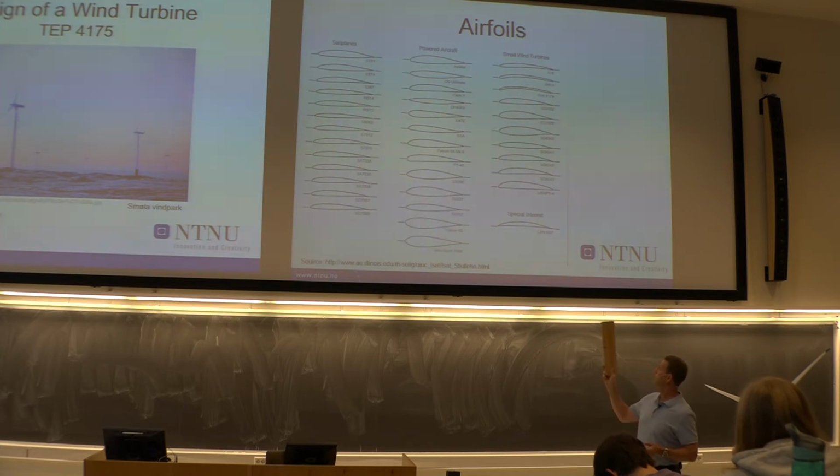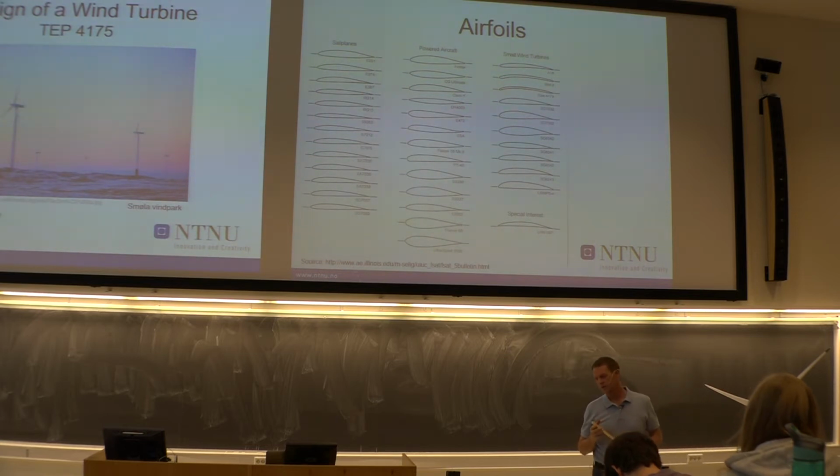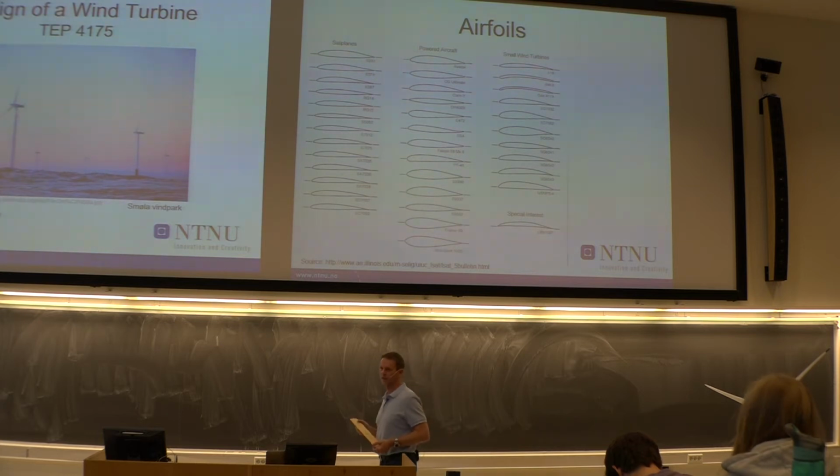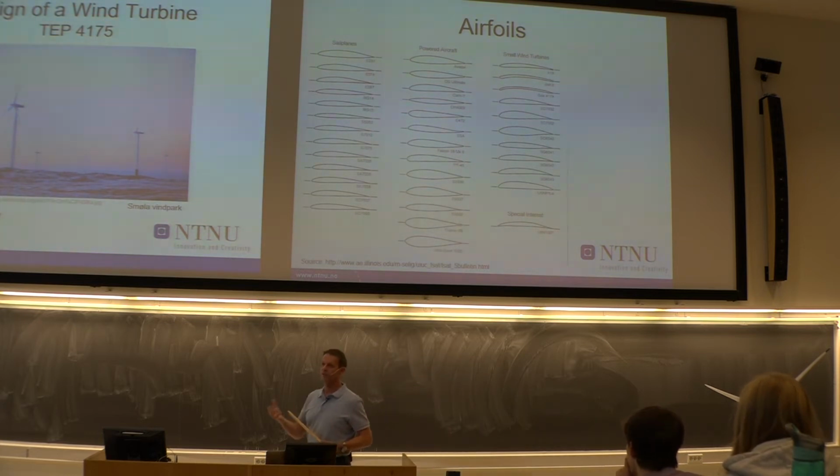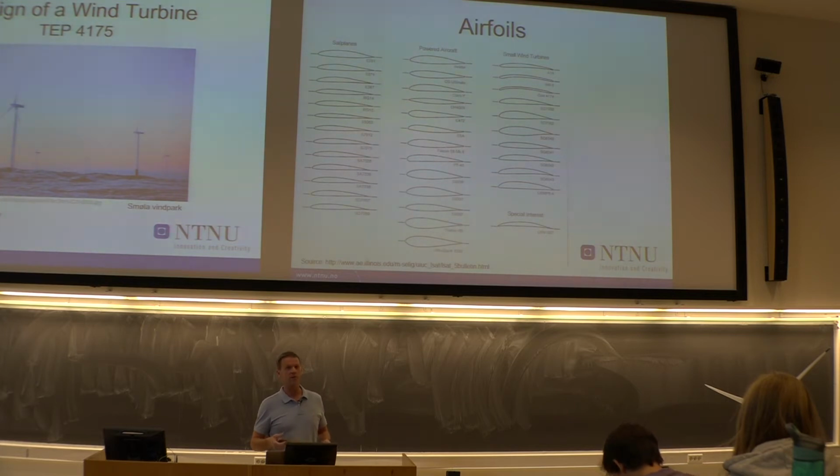But you see different types of airfoils for a sailplane, for example, or powered aircraft or small wind turbines, and they have different shapes. And it all comes down to the characteristics based on lift and drag, drag being friction resistance. We will go through those things now, and try to see what to focus on and how these things are